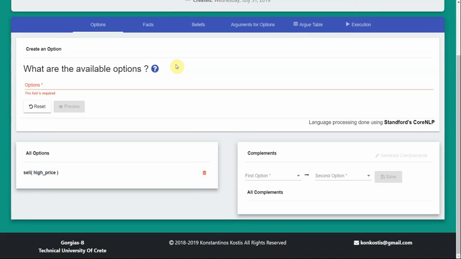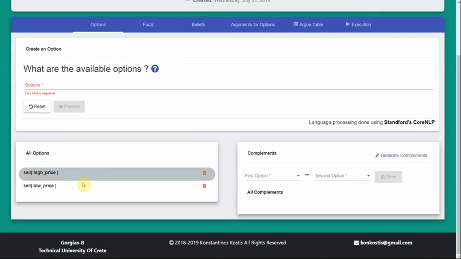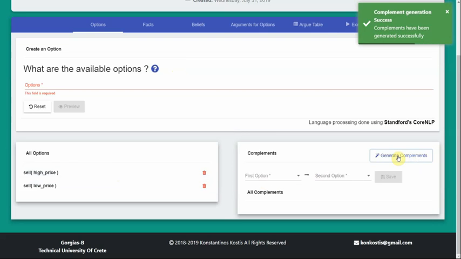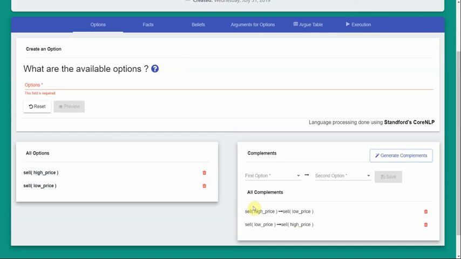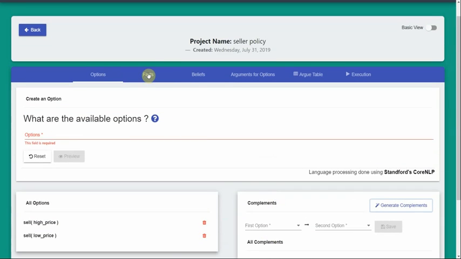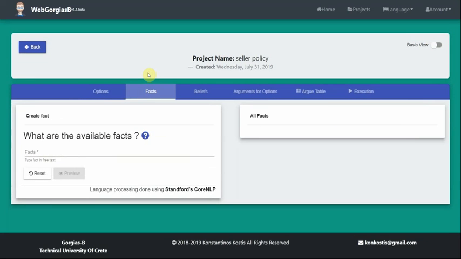And now I have two options here. The one is not the negation of the other, so I have to explicitly define that they're conflicting. So I click here the generate complements button, and you will see them being defined as complementary. All right, and now I'm ready to add the facts that will help me